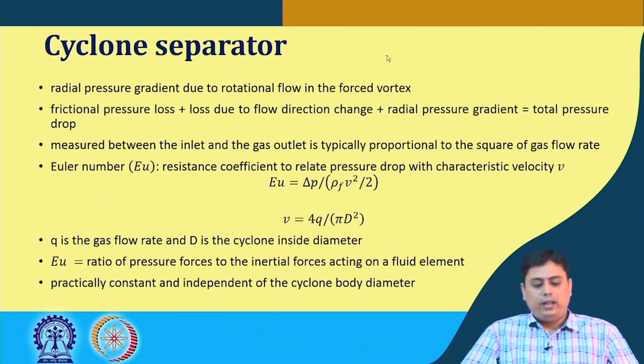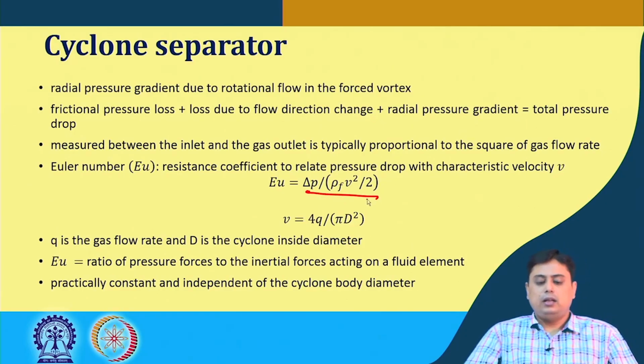Now, to quantify this resistance, a dimensionless number called the Euler number has been proposed. It is basically the resistance coefficient that relates pressure drop with the characteristic velocity v. So, the Euler number is basically del p by rho f v square by 2, where rho f is the density of the fluid and v is the characteristic velocity,